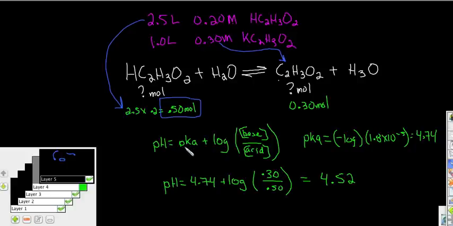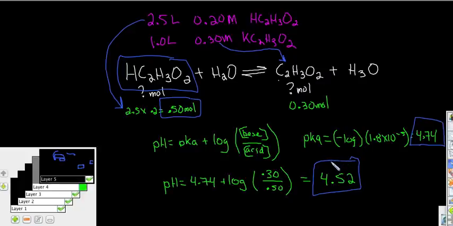Remember, pKa is the negative log of the Ka. So if I look up the Ka of my acid, which is acetic acid, it's 1.8 times 10 to the negative fifth. So my pKa equals negative log of that, which is 4.74. So my pH is going to equal 4.74 plus the log of the amount of the base divided by the amount of the acid, and I get